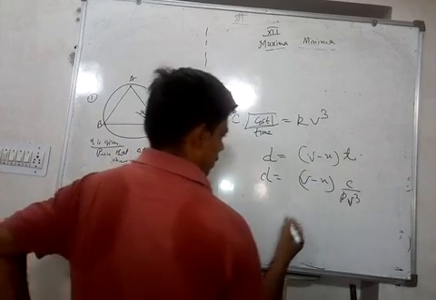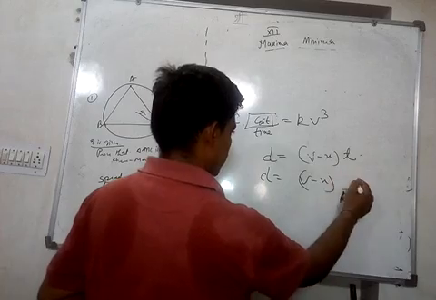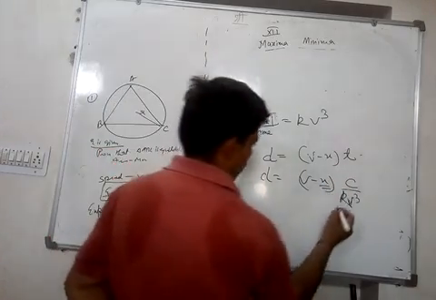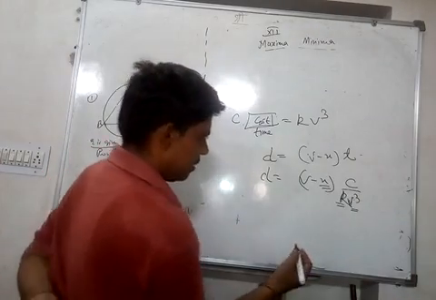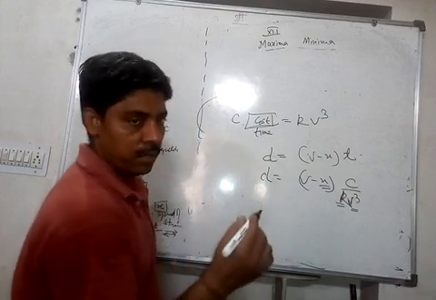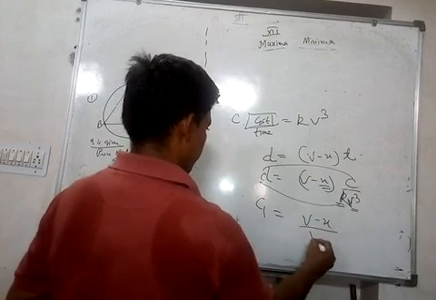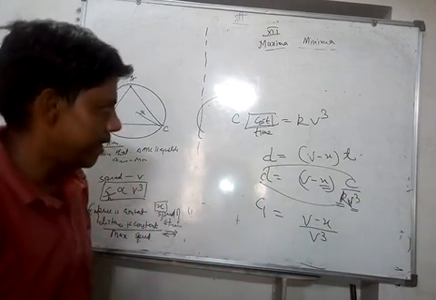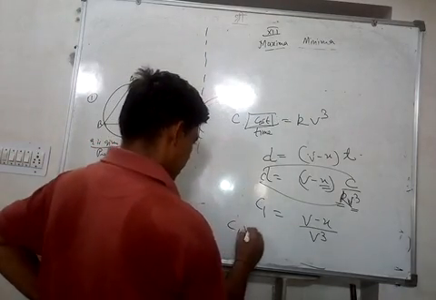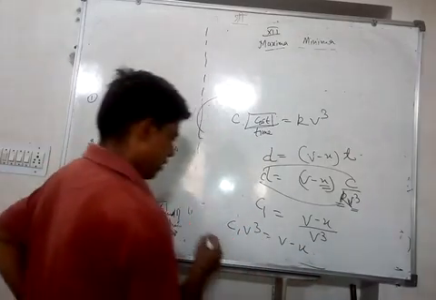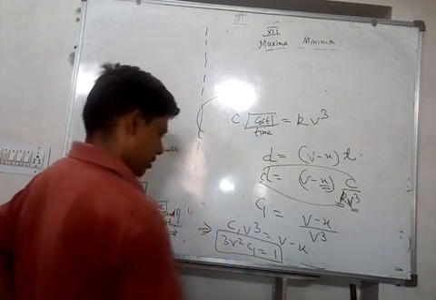And what are the variables here? For the given cost, x is also constant, k is also constant, right? So most of the quantities here are constant. So we need to find what? Just bring every constant here and make a new constant c1, right? (v minus x) upon v cube. This is what we are getting. And on differentiating this, okay, let's bring it here, c1 v cube is equal to v minus x. Okay, and differentiate this, you get 3v square into c1 is equal to 1, something like this.